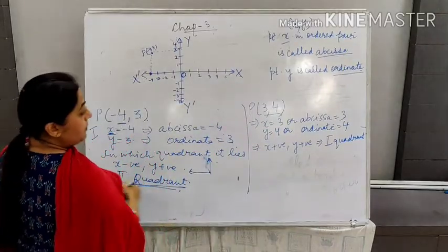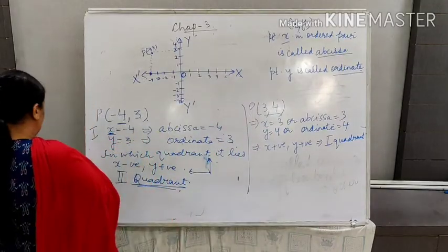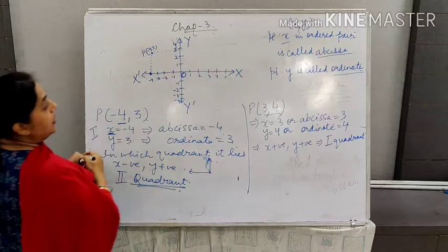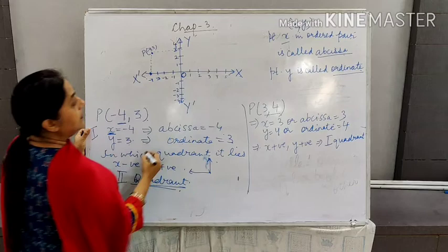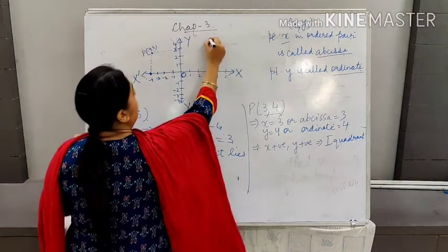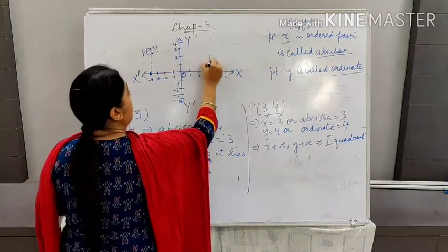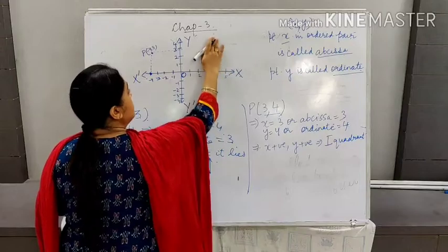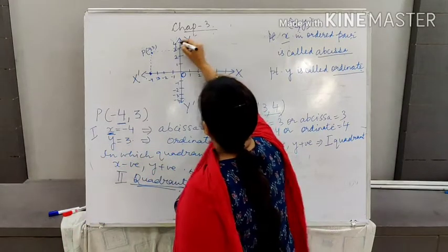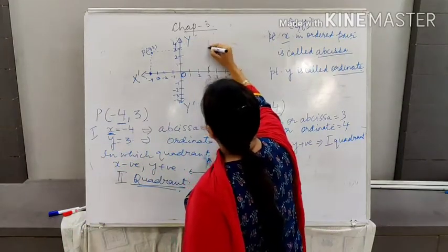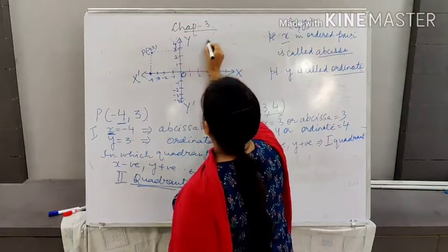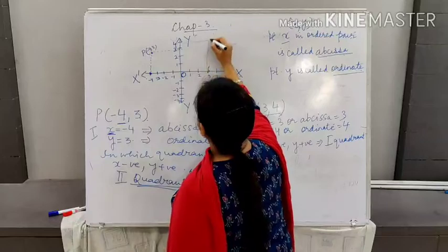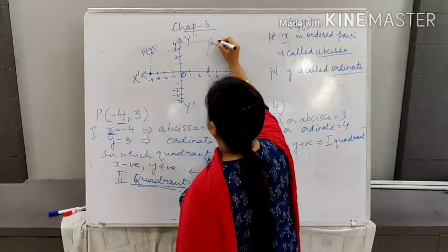So let us plot 3, 4. Now 3. I will go 3 here. Here the 3 will come. Then how many ladders I have to climb? I have to climb 4 ladders. Got it? So what will you do? This is 4. तो आप यहाँ 4 तक आएंगे and then you will stop. And यहाँ से फिर you will draw the perpendicular. So this is point. Let us say Q.